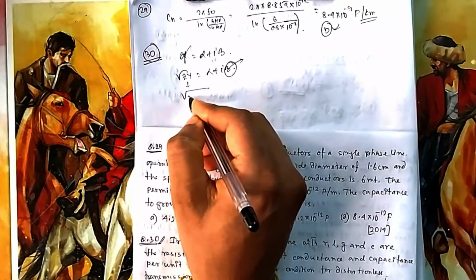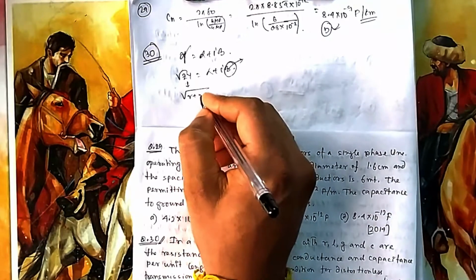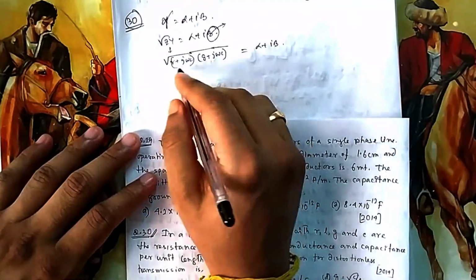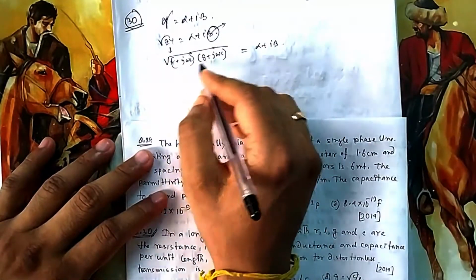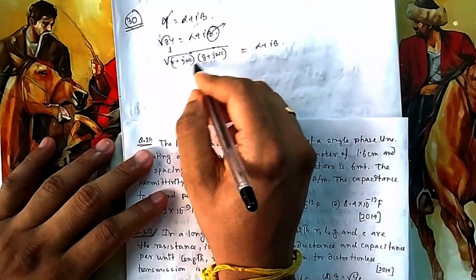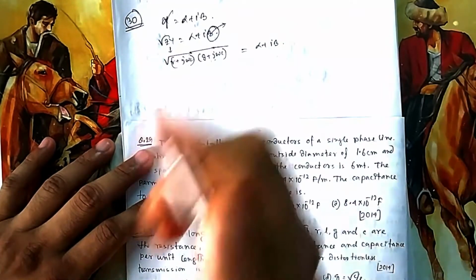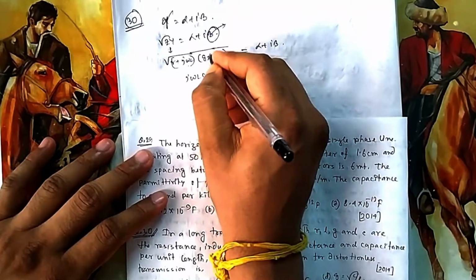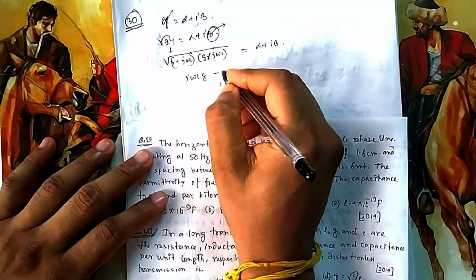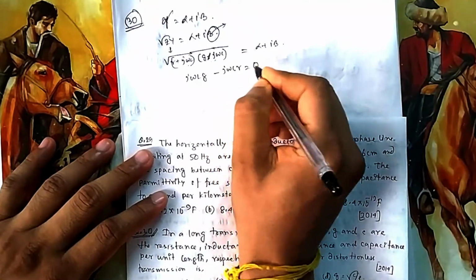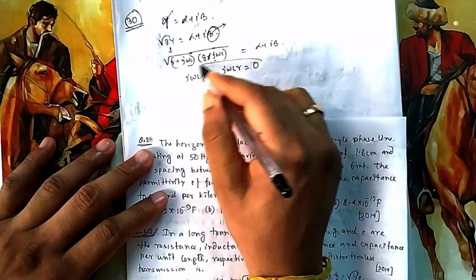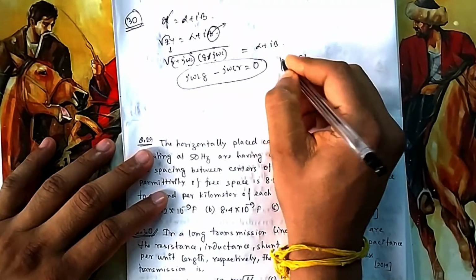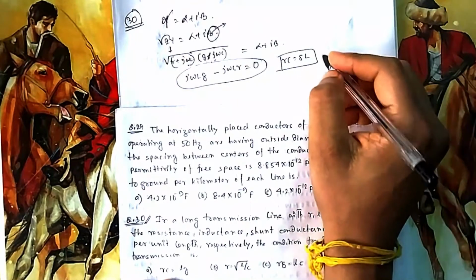Now Z is nothing but R plus j omega L, and Y is nothing but G plus j omega C. If you see the imaginary part, that should be equal to 0. Whatever imaginary parts you get, there will be a j omega L G term and then a minus j omega C R term, and that should be equal to 0. If omega gets cancelled, then you find RC is equal to GL. So this is the condition: RC should be equal to LG, that is your option A.